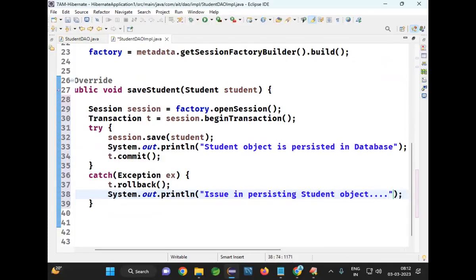Something. Or error in persisting student object, something. Got my point? Then I want to display that exception. How can I display that exception? If I want to display complete exception details, which method do I have to call? Print stack trace. If you just want to display exception type and exception message, only two parts, then you can go for